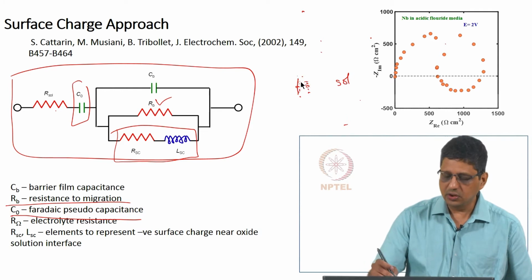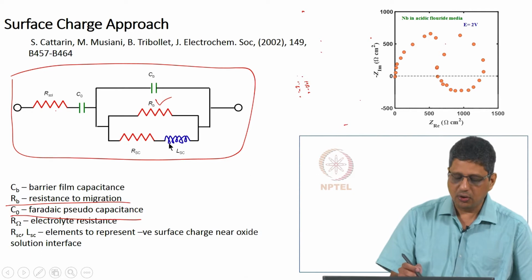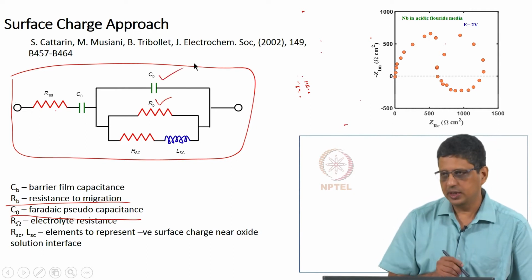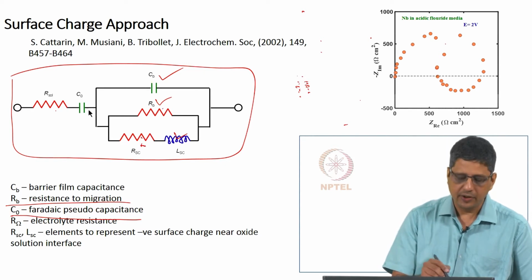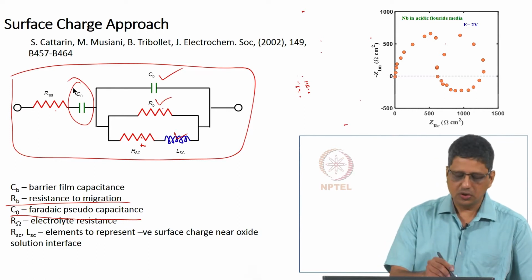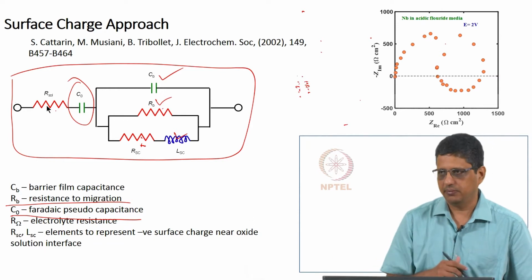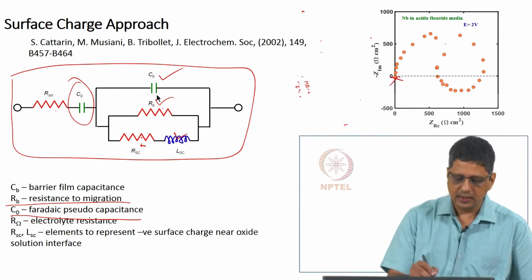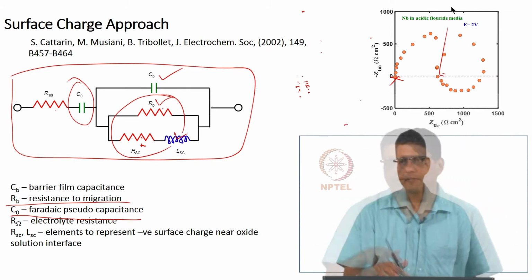And if you use this circuit, it will predict, if you go to low frequency, that no current will go through this. This offers 0 resistance, this offers some finite resistance together, but this offers the maximum resistance to low frequency. So, it is going to behave like a capacitor with a resistance offset. This is solution resistance, this offers an offset here and then it will predict that it will go vertically up.